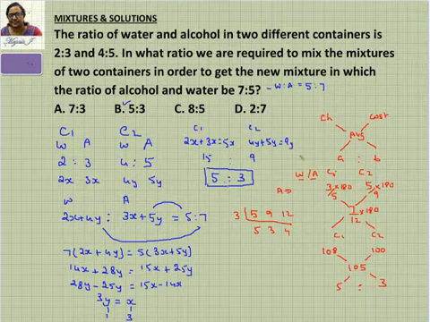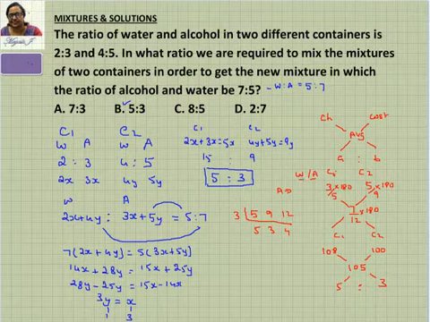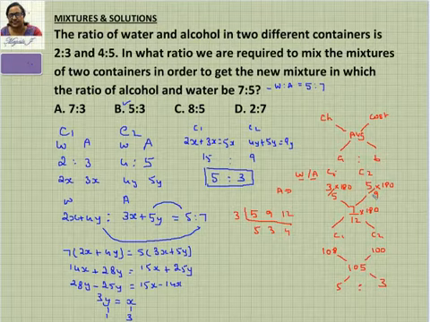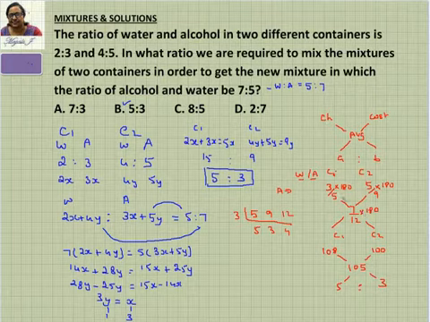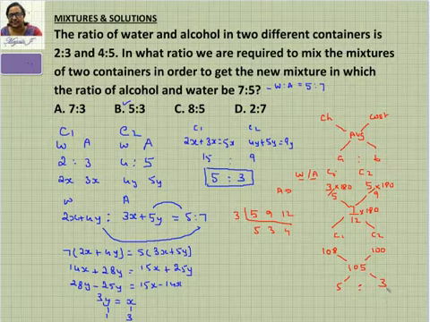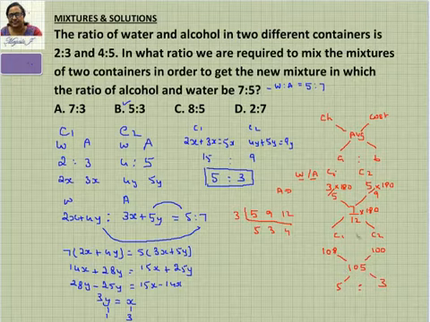So same thing, instead of this alcohol, if you consider water, then instead of 3 by 5, it's going to be 2 by 5, and here it's going to be 4 by 9, and this is going to be 5 by 12. Again, you consider the same, your denominator is not changing, so multiply into 180. You will see that you will be getting the same result as 5:3, right? So that's an easy way of doing the problem. With alligation, you can just do it in one step.